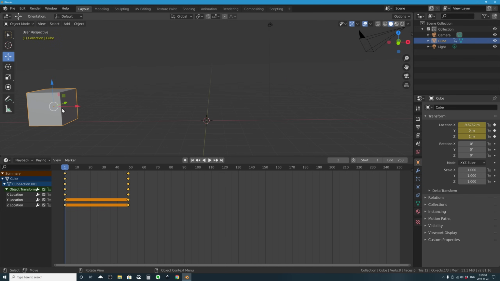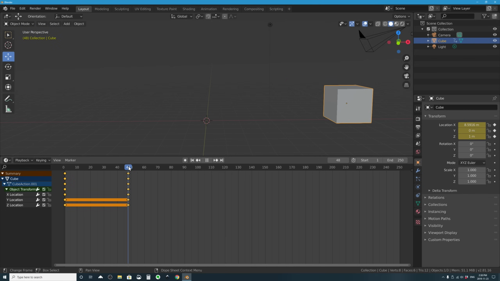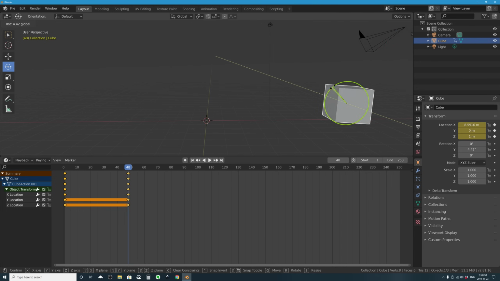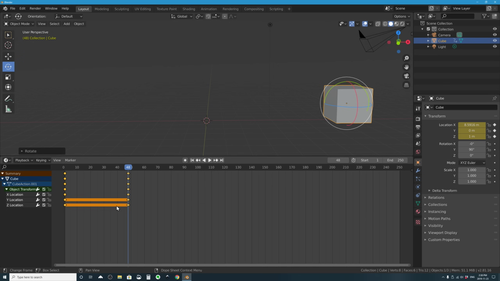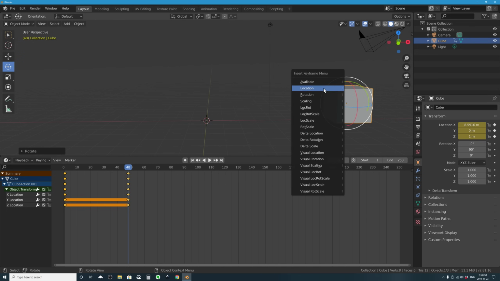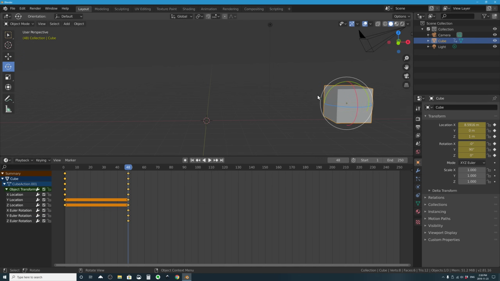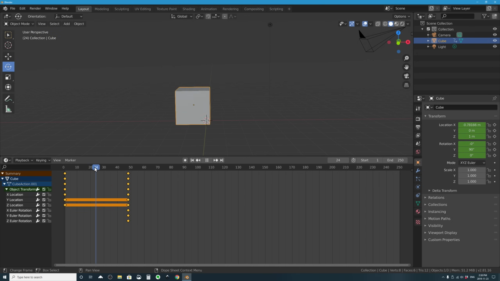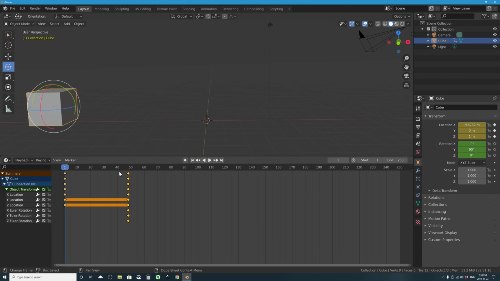And now if I change the scale or rotation, I'll do the same thing as I did at the beginning of this video. At frame 48, I'm going to use the rotate tool on the Y axis, 90 degrees, just like that. But even if I insert a keyframe of rotation on frame 48, there was no information recorded there like before, so now it's going to be rotated like that throughout the entire time. I have to manually control it, and that might be a better workflow for you,